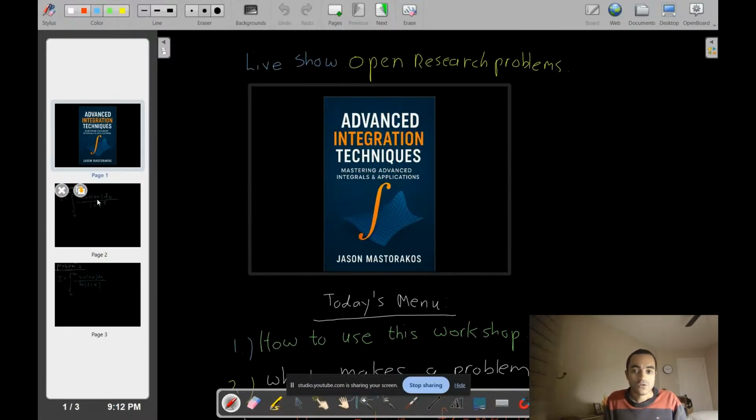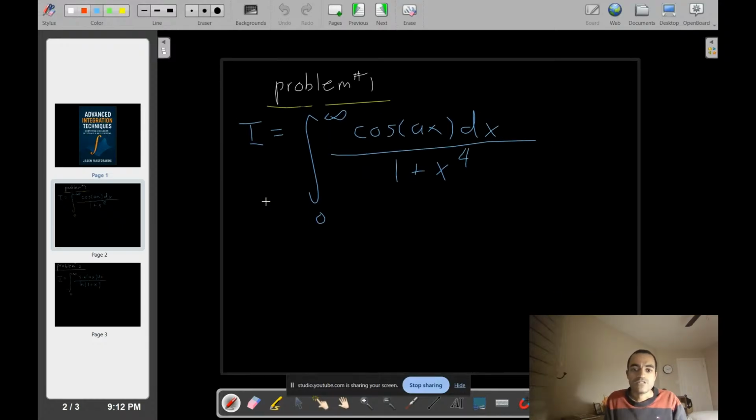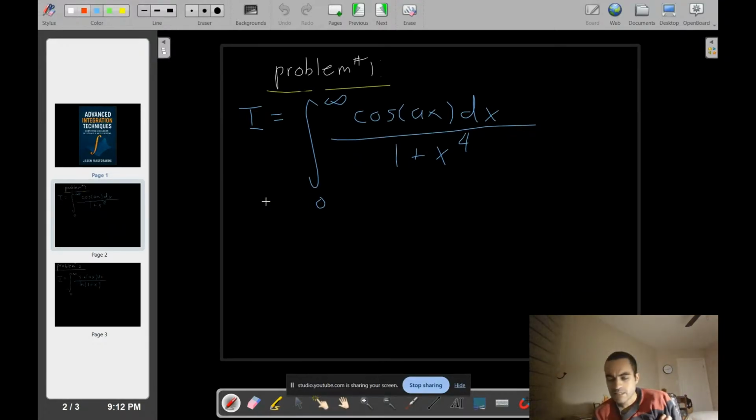All right. So what we're going to look at first is we're going to try to solve this problem right here. Okay. And if you all know this, just another internet guy knows what this is called. This is an improper integral of cosine of ax with respect to x, all divided by 1 plus x to the 4, and we're expected to integrate this problem. Okay. So Blazing, if you want, you can try this guy here. By the way, this is a serious monster, if you've noticed.